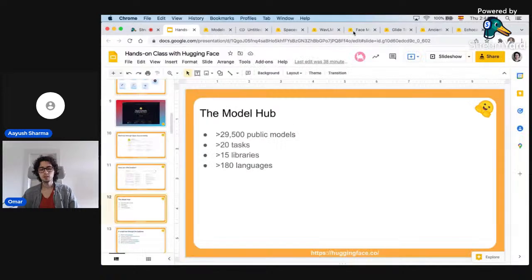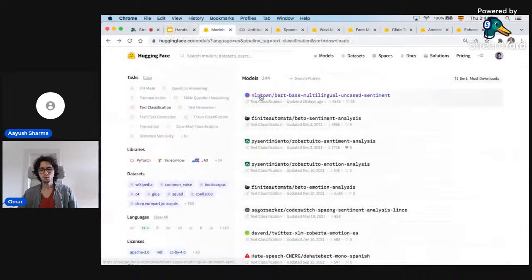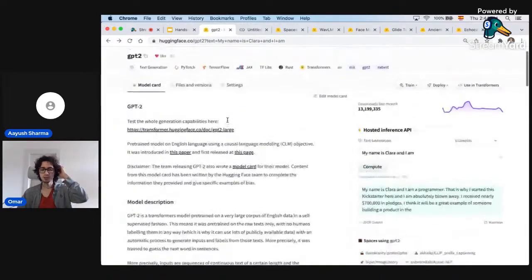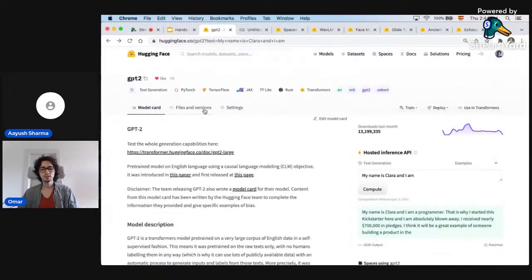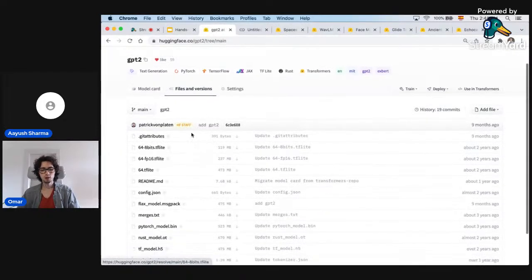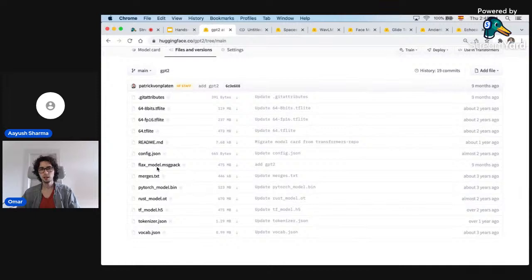But there's one question here, which is, what exactly is a model, right? Previously we were talking about GPT-2, but what is a model? You have this tab, which is files and versions. This shows you all of the files that are in this repository. And that's a keyword here: at Hugging Face, all the repos are repositories. If you've used GitHub before, here it's very similar. These are Git-based workflows, so people can do the same things they are used to. They can do git add, git commit, git push, and they get version control.